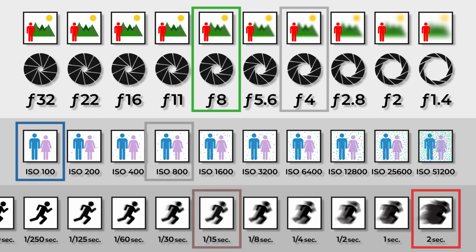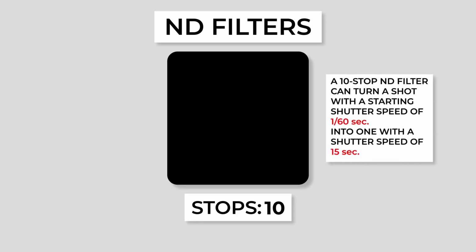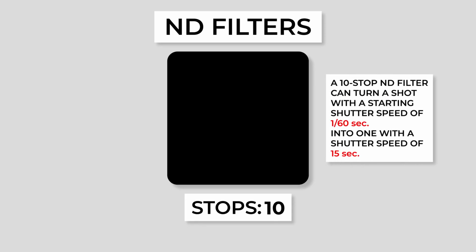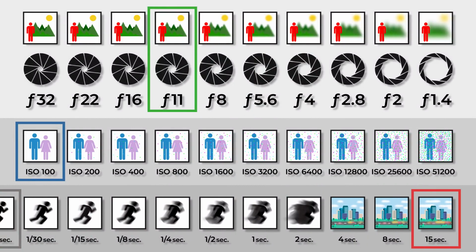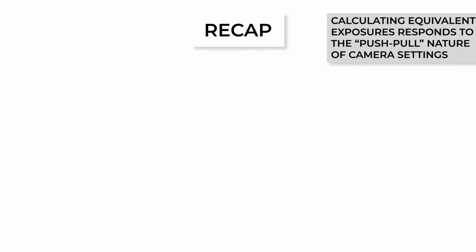Another example would be working with ND filters. ND filters block the amount of light reaching the camera, allowing for the use of long exposures during the daytime, and are rated in stops of light blocking capability. If you are shooting a landscape with a shutter speed of 1/60th of a second, f11, and ISO 100, adding a 10-stop ND filter would let you use an equivalent exposure with a shutter speed of 15 seconds. Since 10 stops of light were removed by the ND filter, we added 10 stops of light with the shutter speed to produce an image with the same brightness, but with a longer shutter speed effect. So, in essence, learning equivalent exposures is really learning about the push-pull nature of camera